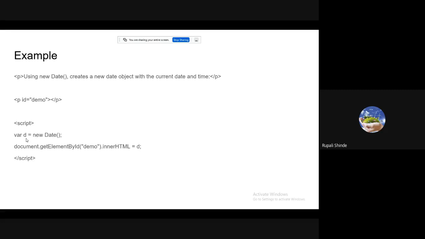So d is equal to new date. Now the d object has the current date and time of the system. Now we just display it on the screen with the help of a paragraph id, or document dot get element by id demo dot inner html is equal to d. That means the current date and time is going to display on the screen.